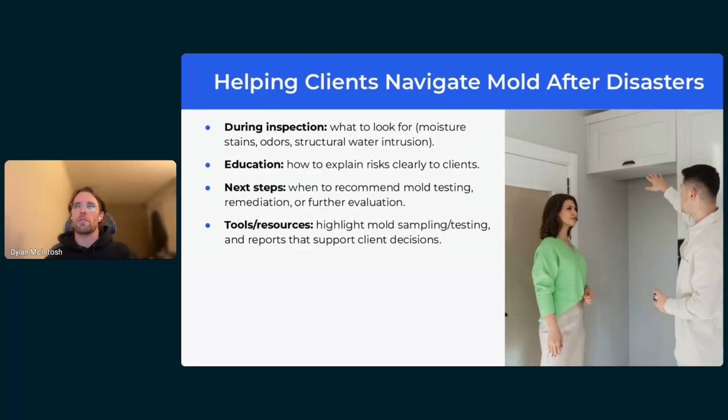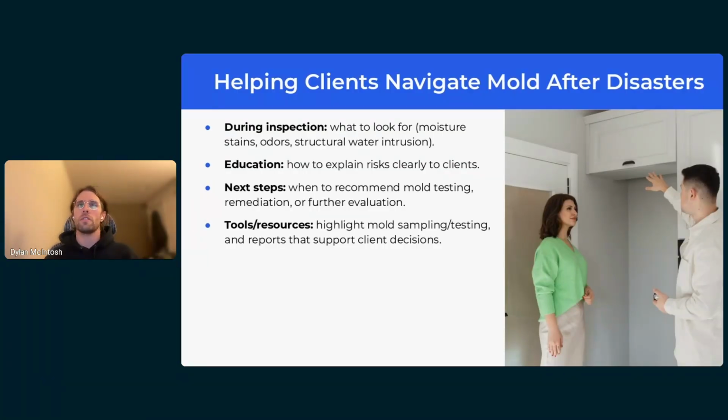checking for discoloration, stains, signs of water intrusion throughout the home. You can educate the clients, explain these risks to your clients, what to keep an eye out for in the event of a natural disaster or severe weather, and then follow up with next steps, depending on what is found or what you determine, following up with additional testing, remediation, or additional evaluation.